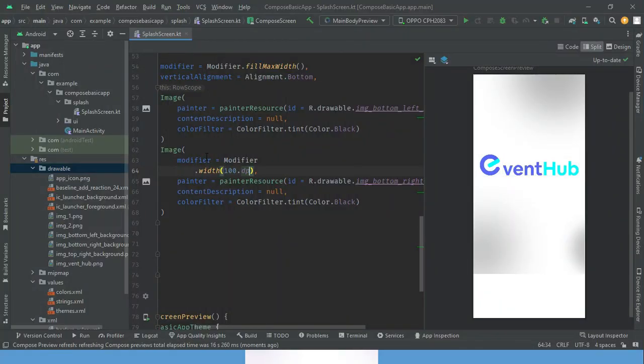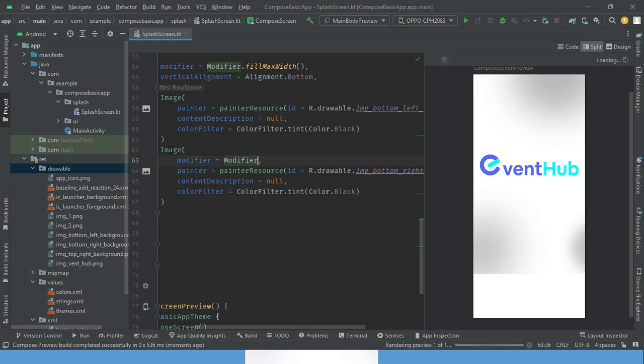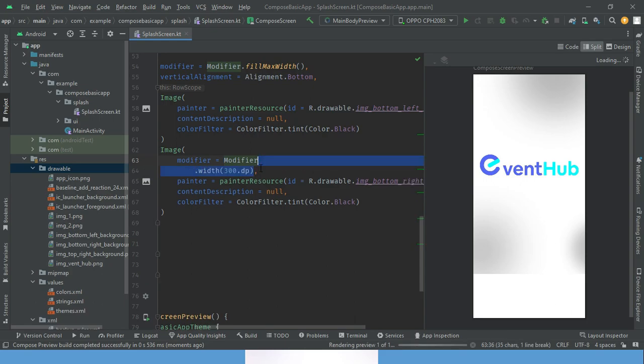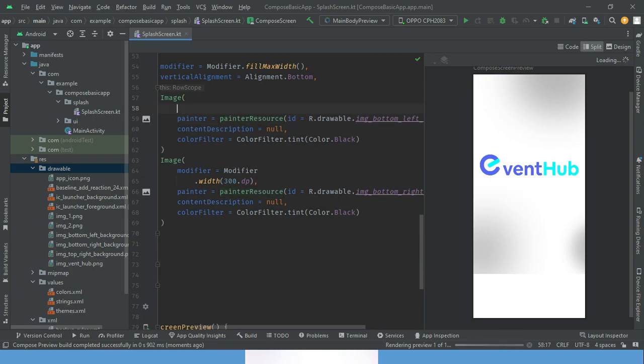Okay, let's make it 300. Okay, so this thing is not having any effect on it, so actually it has effect on it, but this left one is taking the available space according to the dimension of the image. Let's change this one to